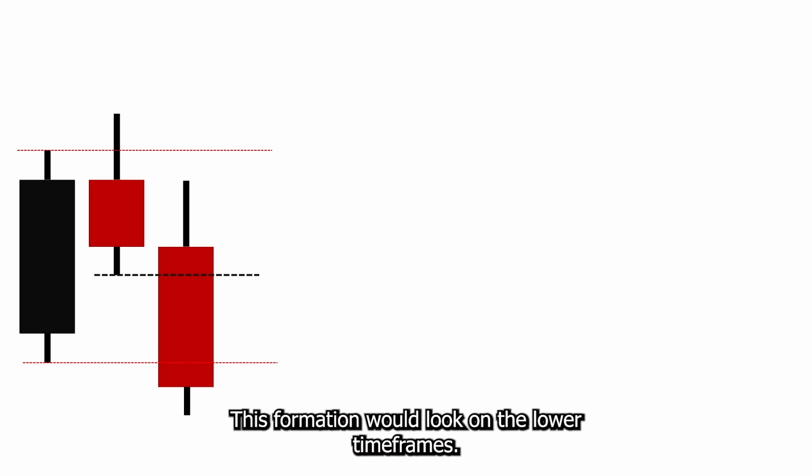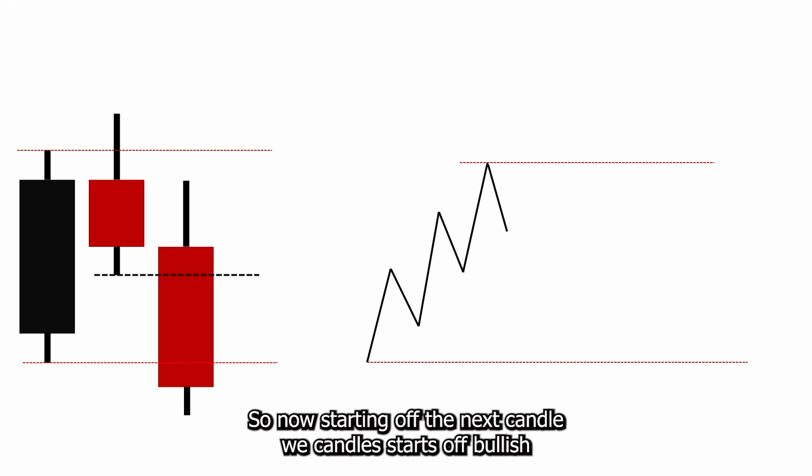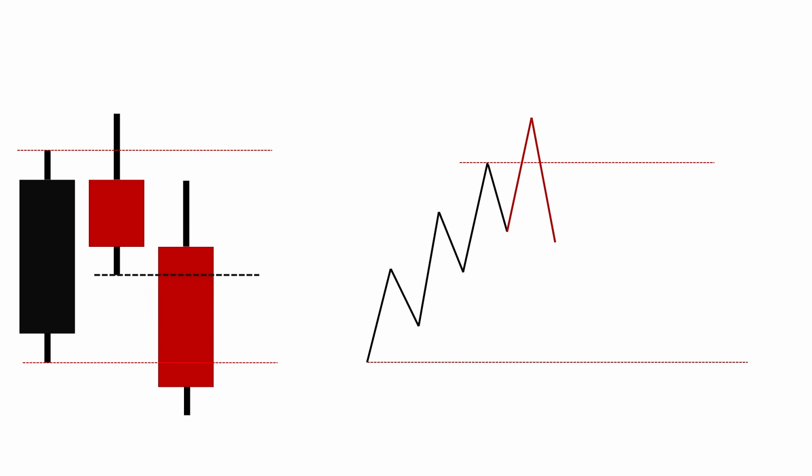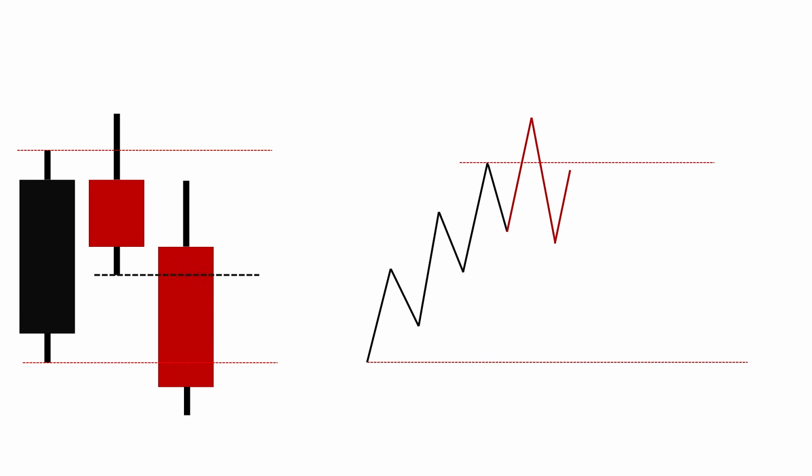How this formation would look on the lower time frames. As you can see, you have your bullish candle. Your bullish candle on the lower time frames will have consecutive swings. So this would be the bottom of your candle, and now this would be the top of your candle. So now starting off the next candle, the candle starts off bullish, takes out the previous candle, but quickly comes back inside of the range, forming your change of character on the lower time frames. Now price comes back into the micro range